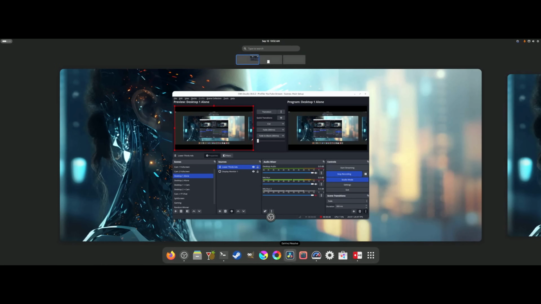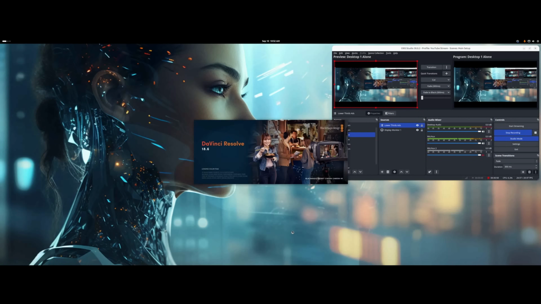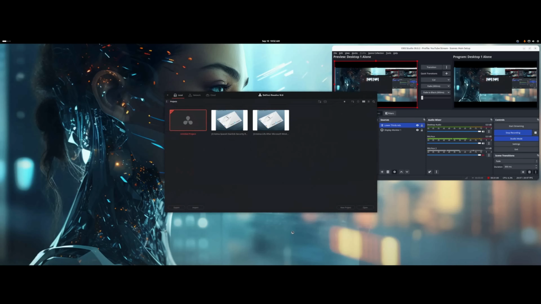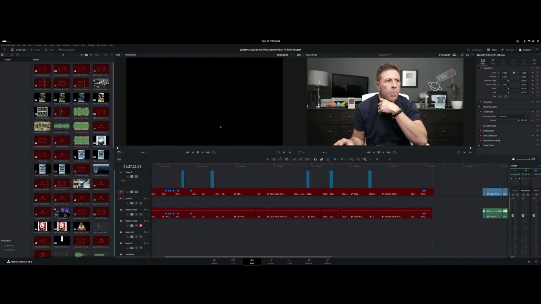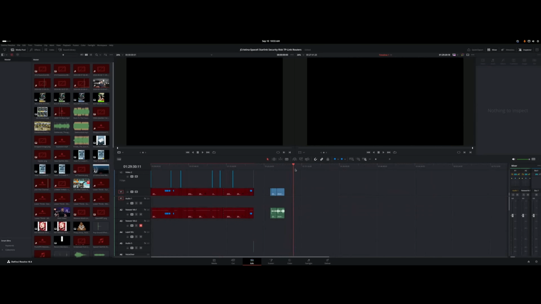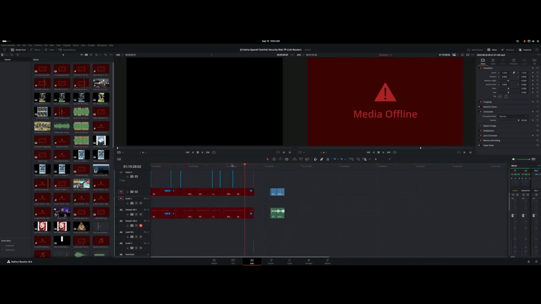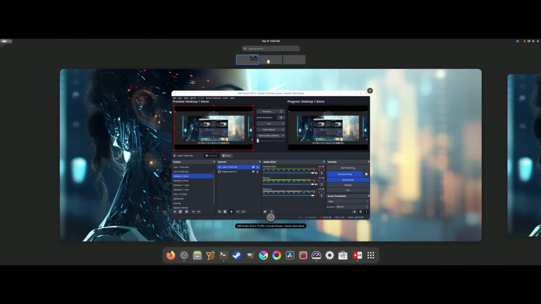This right here is DaVinci Resolve. I mean, let's go ahead and run it just so you can see that it is running. The DaVinci Resolve that I'm currently using is 18.6. Let me go and just jump into one of these. These are just an edit that I just threw in here. Nothing is connected, but there you go. So we can zoom in, zoom out. This is what it looks like, and it works. It functions 100% without any issues. Let's go ahead and close that down. And let's see what else we got here.